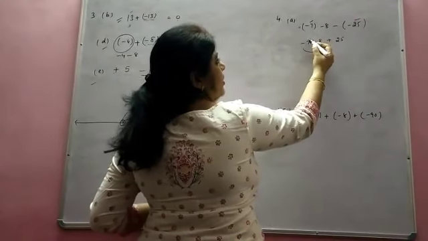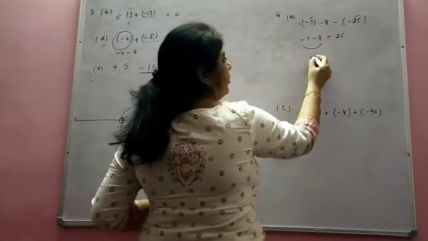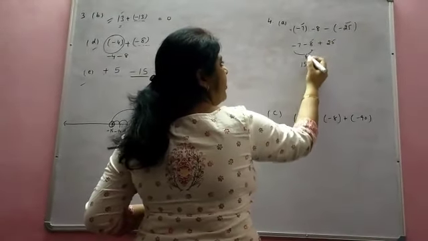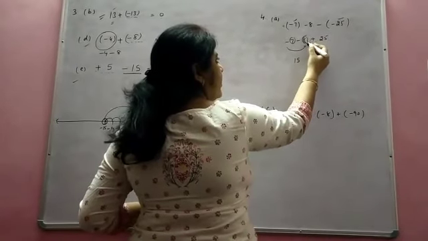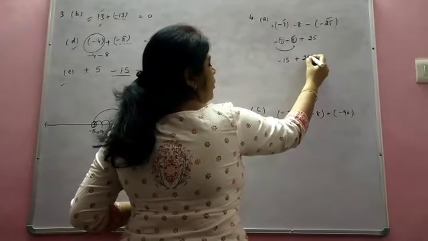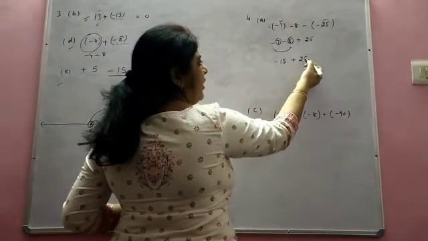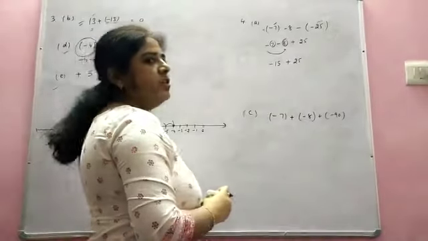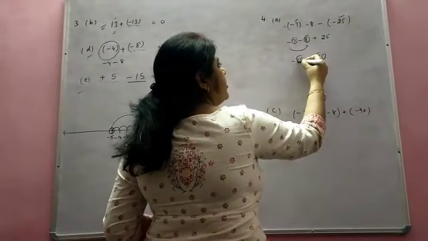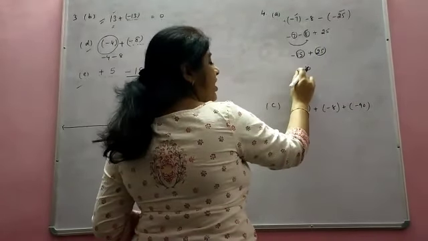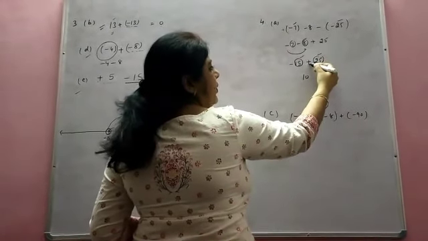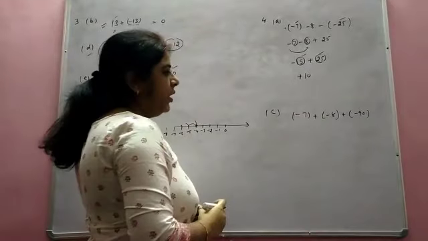Two negative integers are there. We add them. 7 and 8. 15. Which sign will come? The sign of the greater number will come here. 7 or 8. 8 is greater. Which sign is here? Minus. So minus will be there. Now we are here with two integers. One is negative and one is positive. When one is negative and one is positive integer, we subtract the integers. So 25 minus 15 is 10. But which sign will come? Which one is bigger? This 25. The sign before this is plus. So plus 10 will be there.